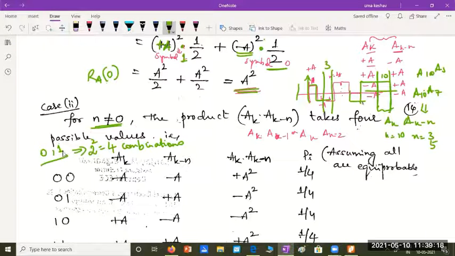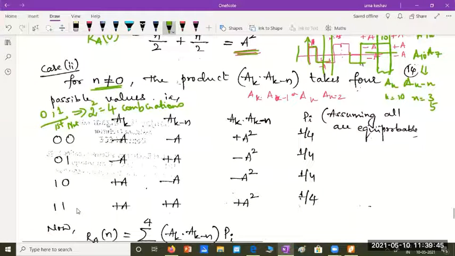The symbols can either be 0 or 1. Whenever you have just two binary values as symbols, I'll have 4 different combinations possible, and I'm listing the 4 possibilities. So the first can be a 0 and the next can also be a 0. First one 0, the next one 1. First one 1, the next one 0, and both 1 1. Accordingly, what will happen to their amplitudes? If both are zeros, remember, zeros are represented with minus a. I'll write both with minus a. And what will happen to the product ak into ak minus n?